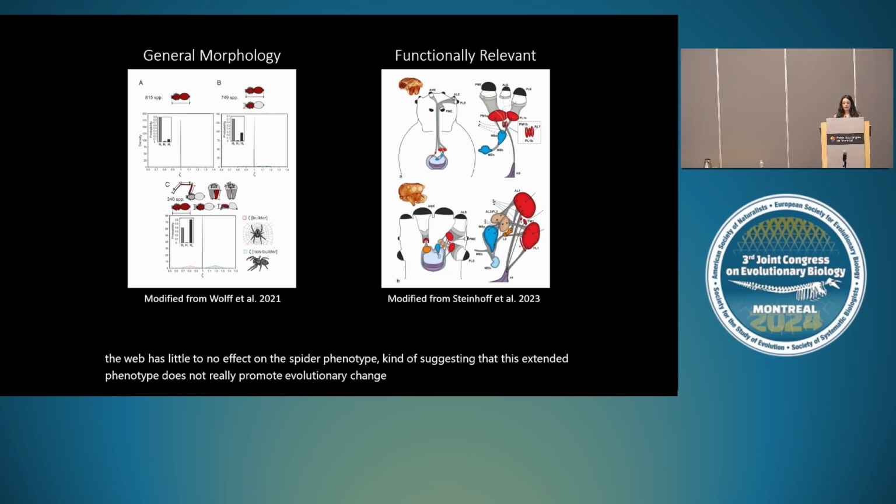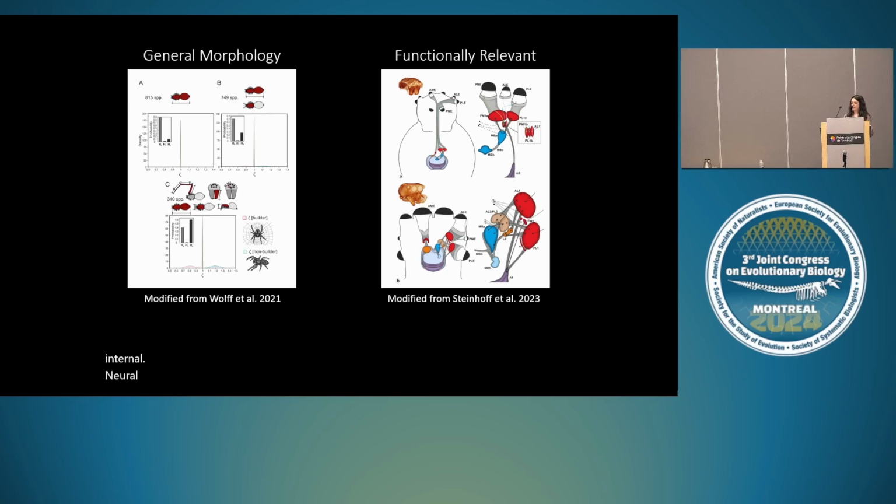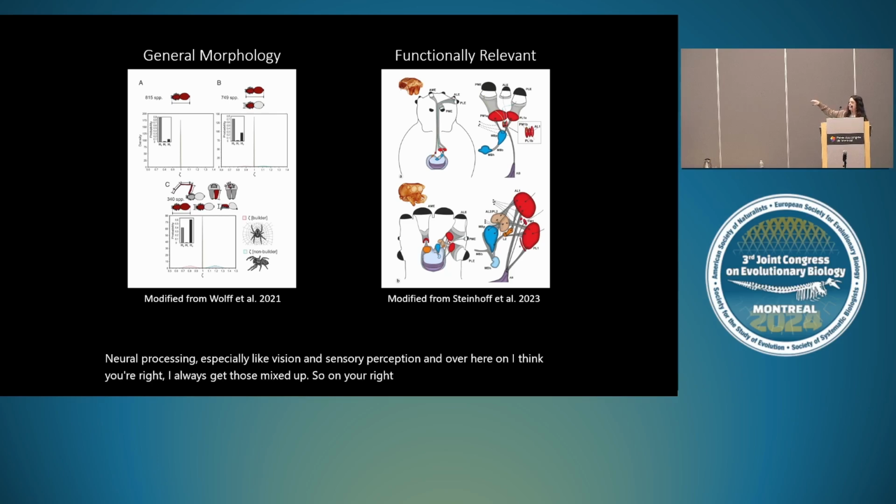But in studies where functionally relevant traits have been explored, those mechanical properties of the web seem to replace certain aspects of the spider's internal neural processing, especially like vision and sensory perception. And over here, on your right, you can see on top here, we have a spider with really tiny eyes. This is a web builder. The neural processing system is kind of small too. The one on the bottom has these huge eyes and this large internal processing as well, and they are hunting